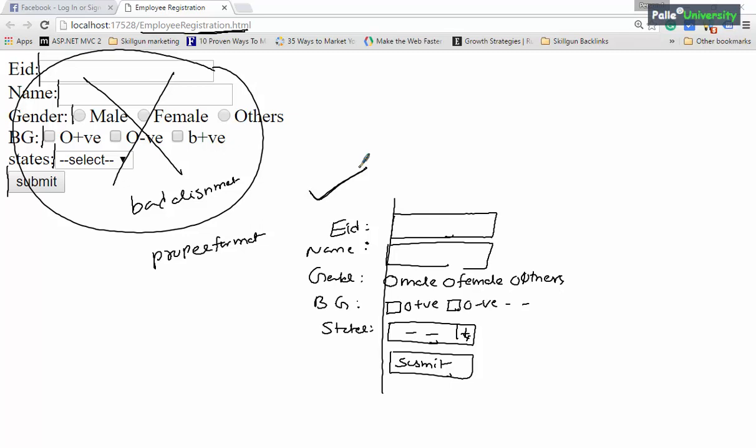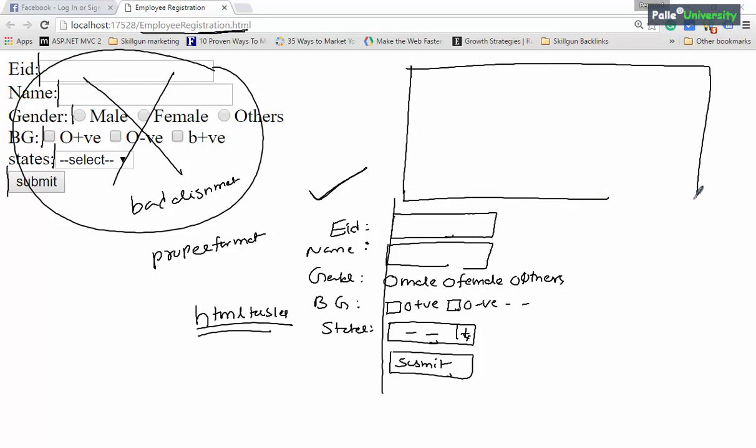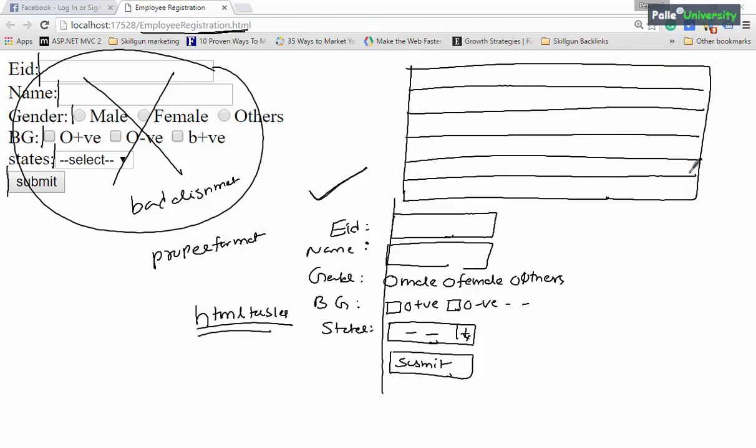Now the next question here is how to align this UI properly. It is very simple. We have to use HTML tables for alignment. So now, in order to align the user interface something like this, I will try to create a table. Inside this table I will try to create 6 rows: 1, 2, 3, 4, 5, 6.